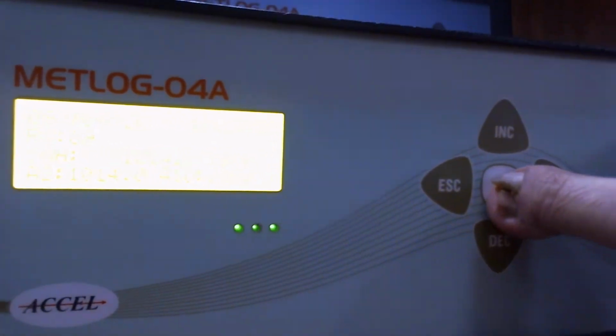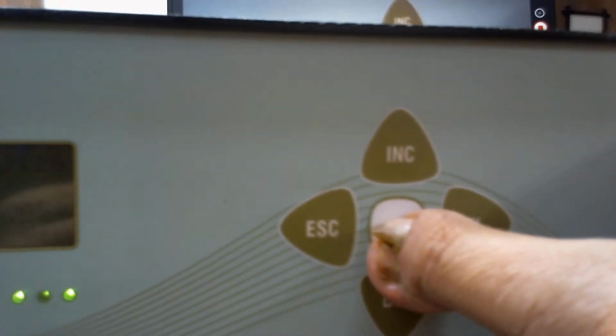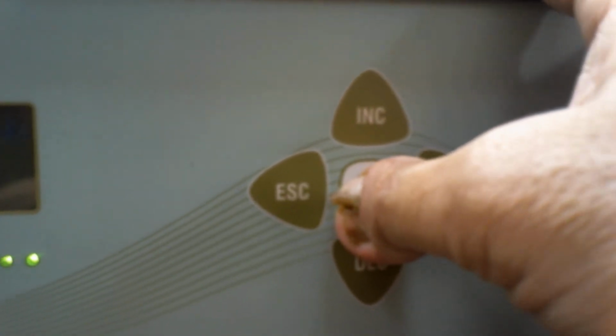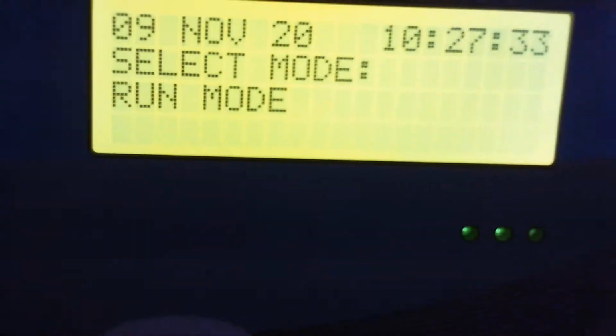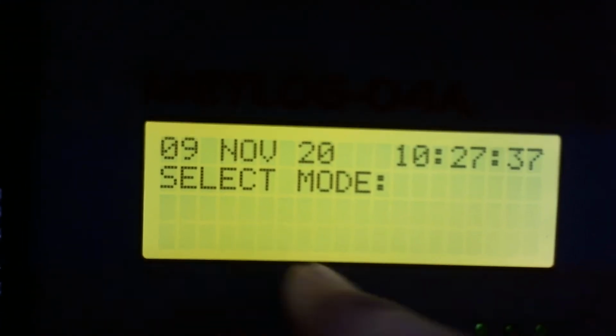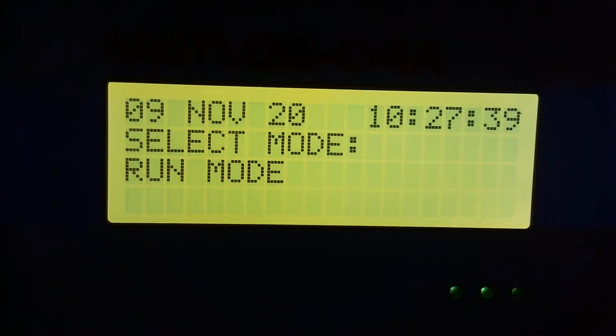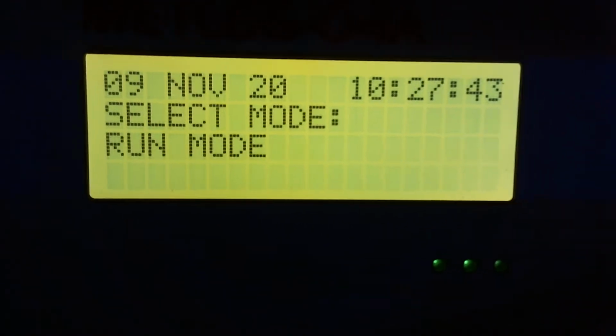You see, this is your enter program button. You keep on pressing for some moment, so it will go into the mode section. So how many modes are there? Select mode. The first mode is your run mode, which is now already you have seen that data is coming and going one after the another. That is your run mode.